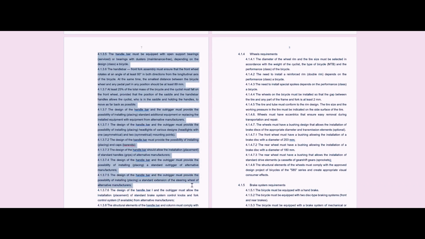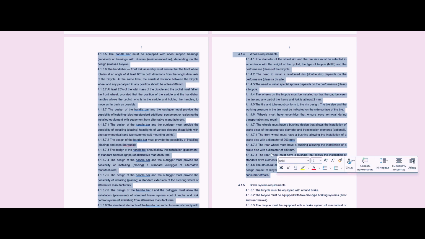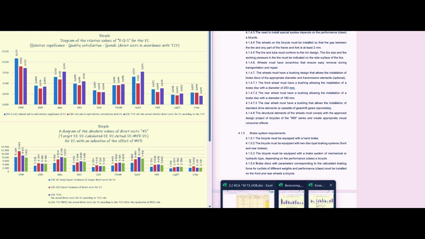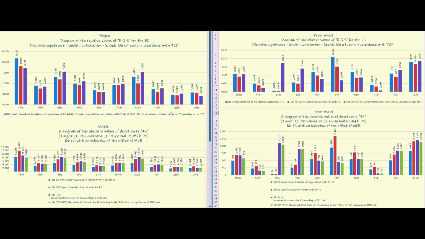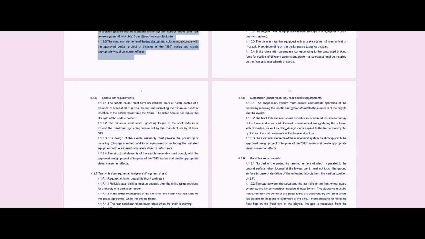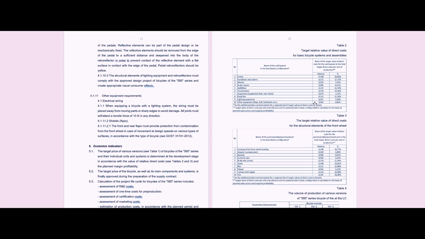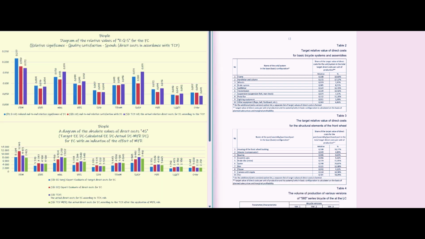The second: the introduction of the RQS and 4S diagrams in their current form into the section on economic indicators in the technical assignment according to GOST 15016 isn't correct for the reason that only relative indicators can be included in the technical assignment. Therefore, the 4S diagram immediately disappears, and secondly, only conditionally constant indicators,